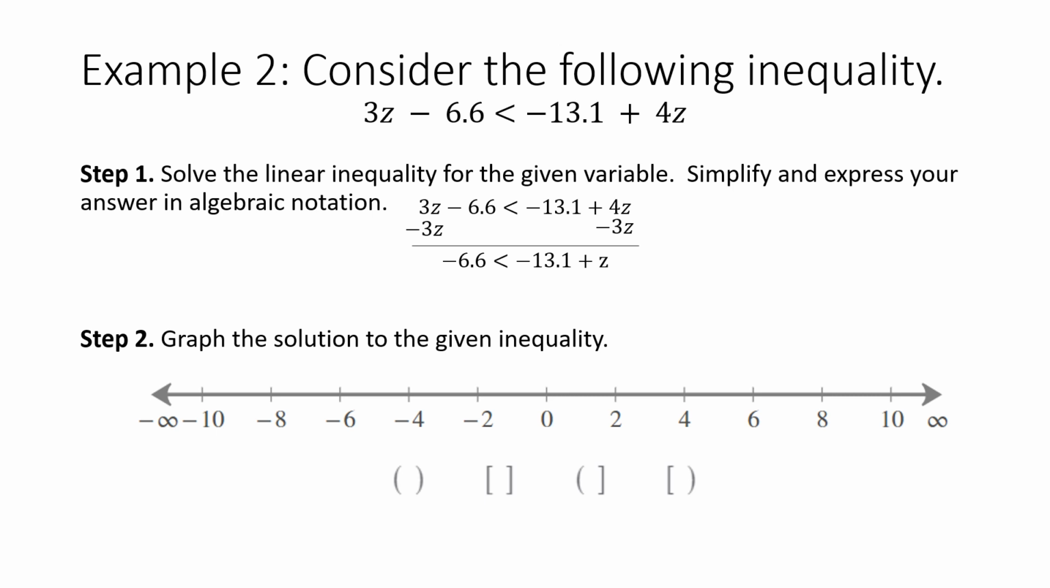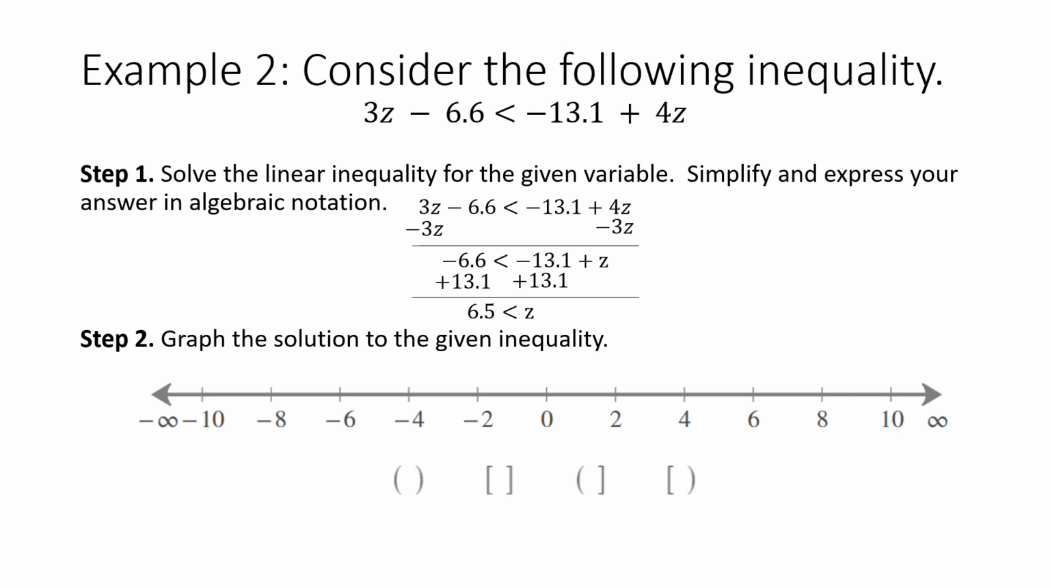Then I'm going to do 4z minus 3z. That actually gives me a positive 1z. I'm not going to write it as 1z, I'm just going to keep it a plus z. Next, I need to move that negative 13.1, so I'm going to add 13.1 on both sides. Negative 6.6 plus 13.1 is going to give me a positive 6.5, and I'm going to have 6.5 is less